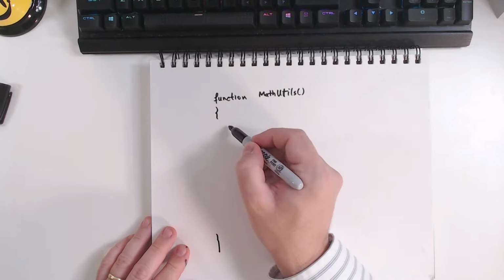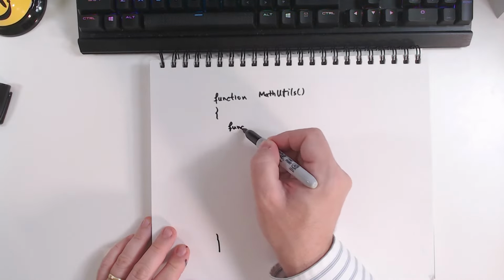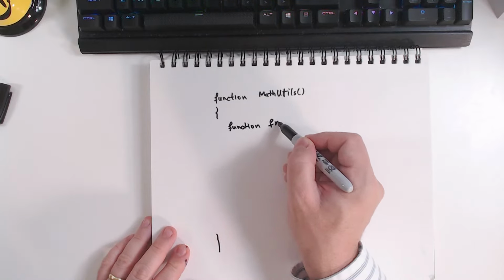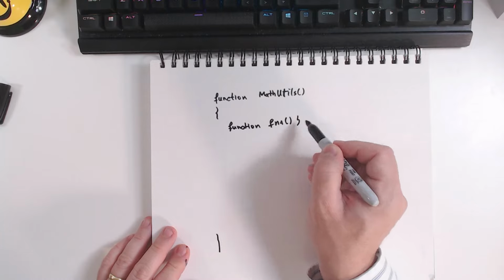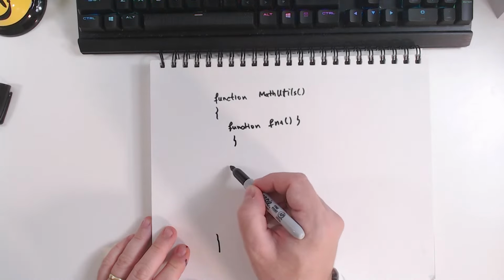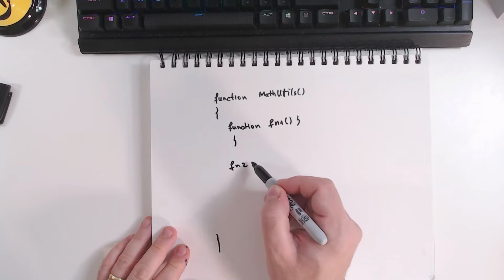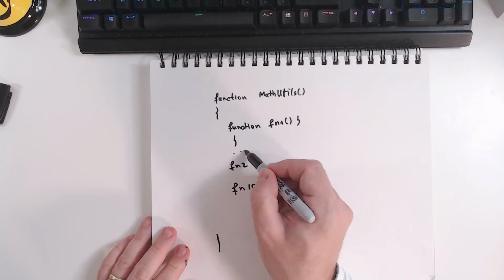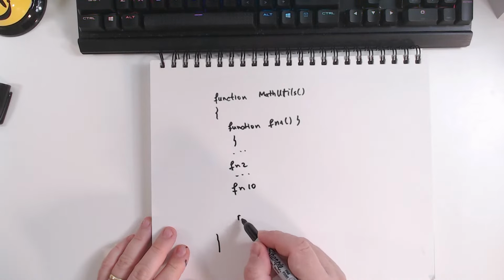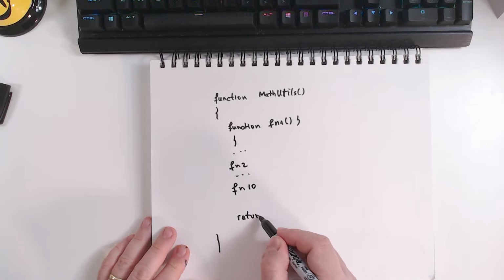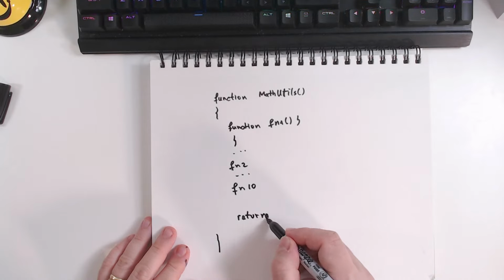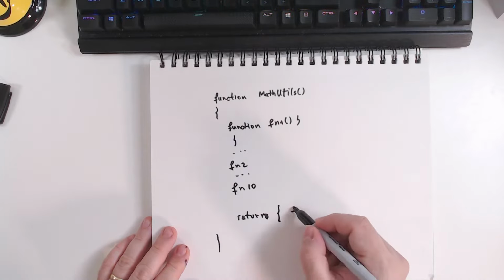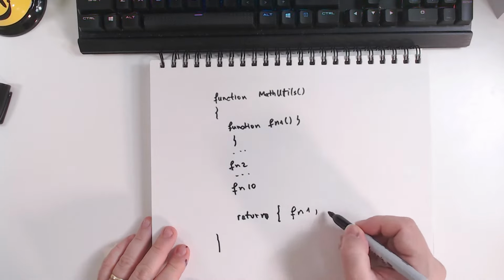And the main point is that inside it will have multiple functions. Function fn1, and we'll have a body, and the same will have fn2, and as many functions as you want inside. And we're going to return what we are returning. We'll return an object or an array, but an object is much nicer and preferred, with the functions that we want to return from within